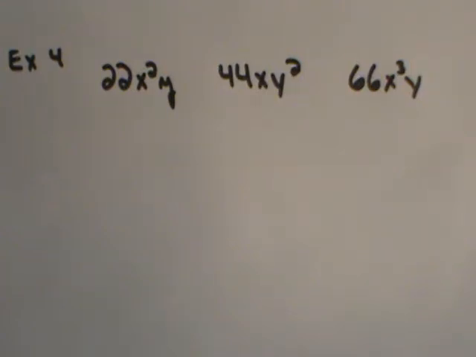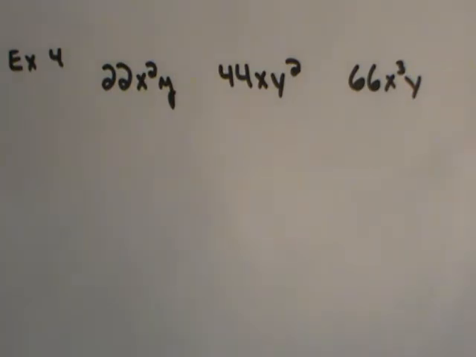For example 4, we can extend this concept to 3 terms. So you could have 3 monomials, you could have 5 monomials. You can extend this to as many terms as you want. The only thing that you have to do is make sure that you look at all 3 terms once you